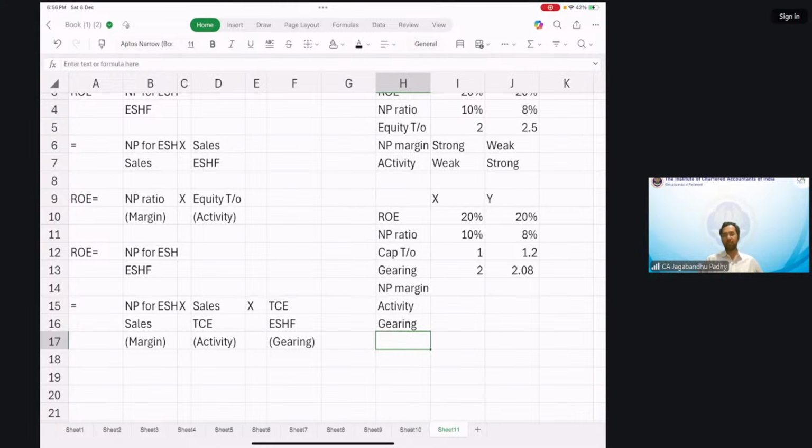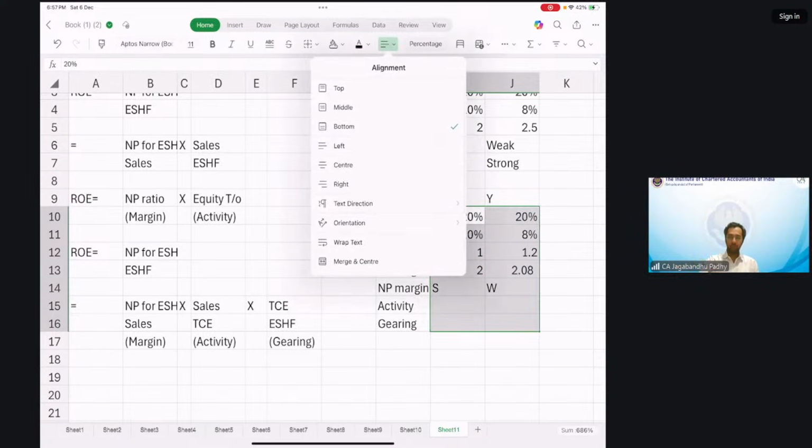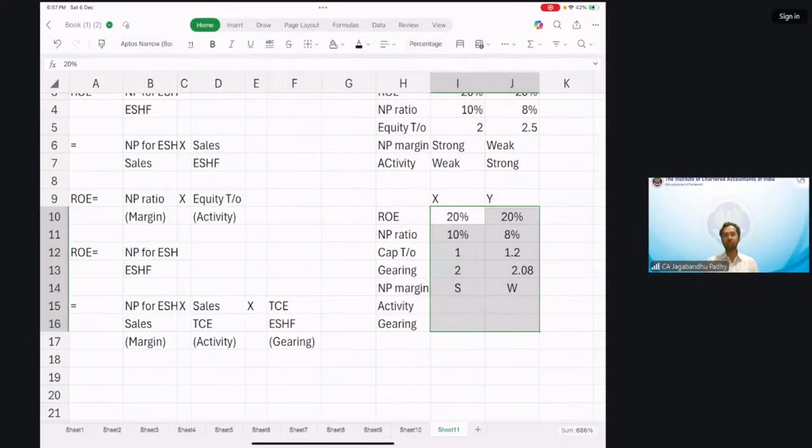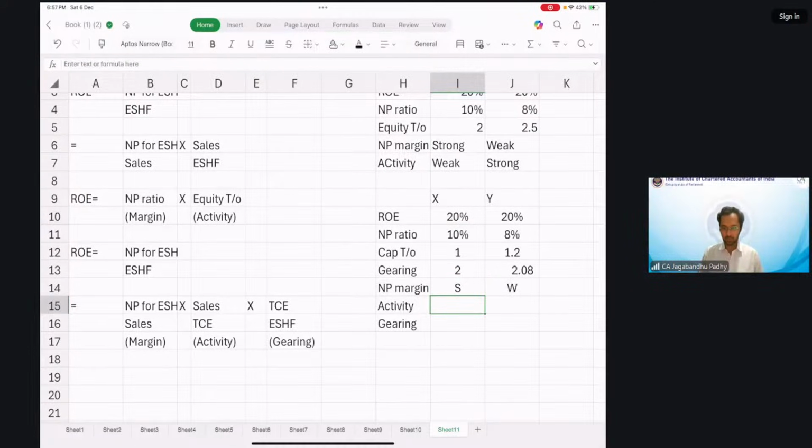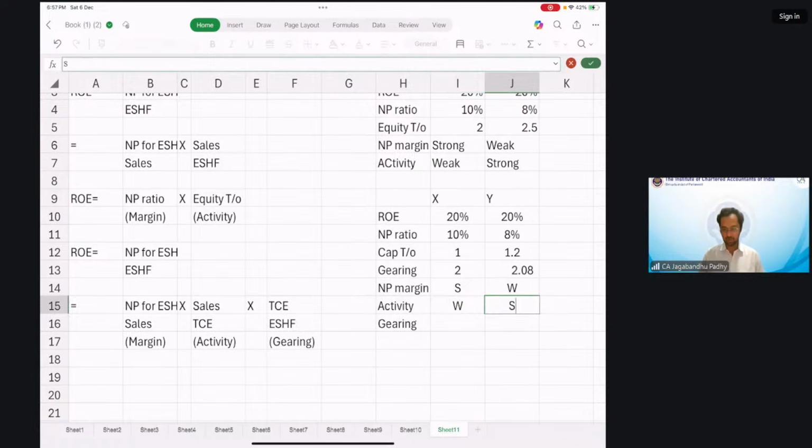With regards to net profit margin, of course, X is strong and Y is going to be weak. And with regards to activity, which one is strong, guys? With regards to activity, or turnover ratio, this is weak and this is strong. Gearing part, here it is weaker and here it is stronger,